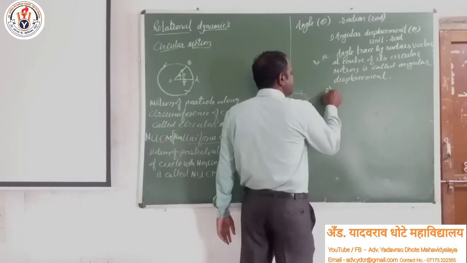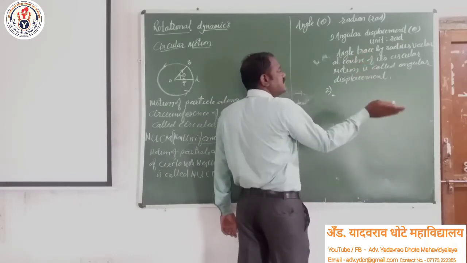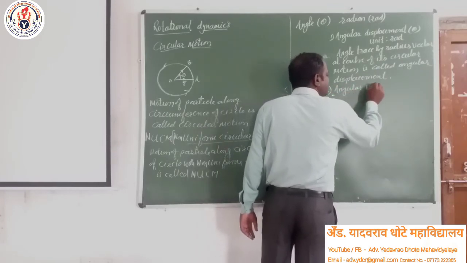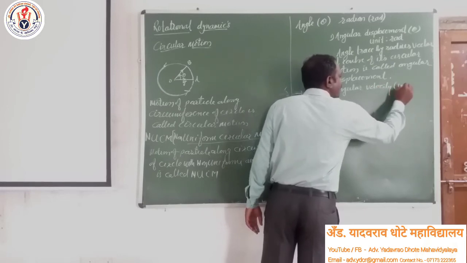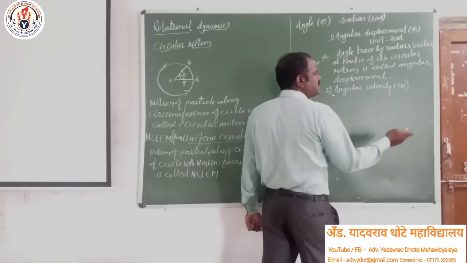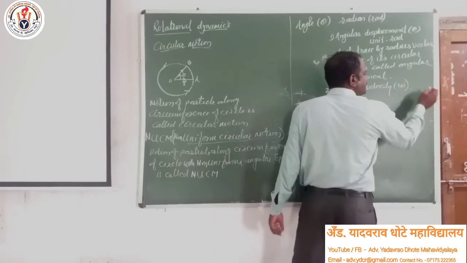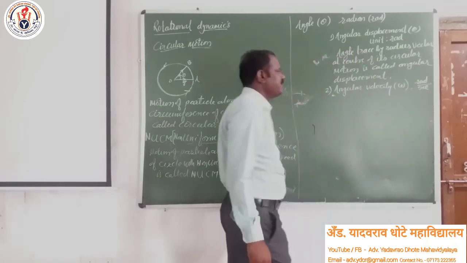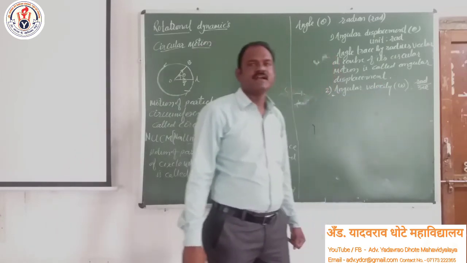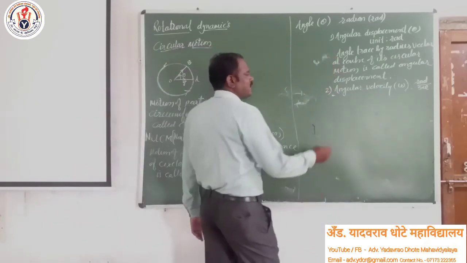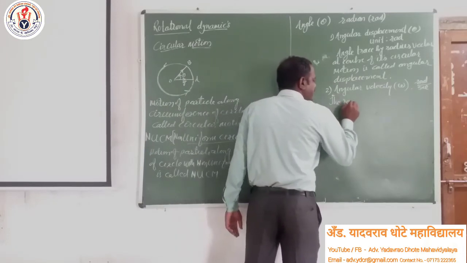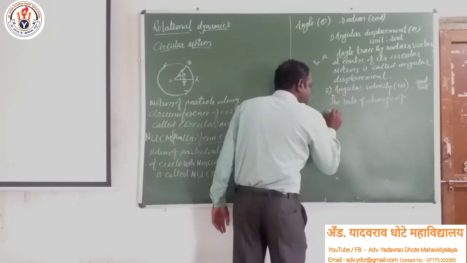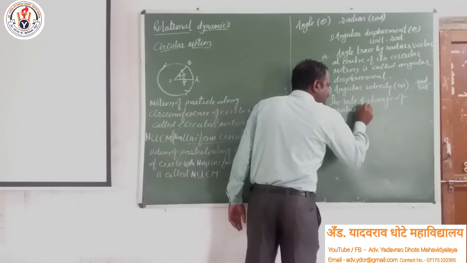Now second one is, as the displacement, it comes the velocity. Now next is the angular velocity, which is denoted by omega, and as velocity is displacement upon time, angular velocity is angular displacement upon time. Angular displacement is measured in radian and time is measured in second, so the unit of angular velocity is radian per second. Again, what is the angular velocity? The rate of change of angular displacement